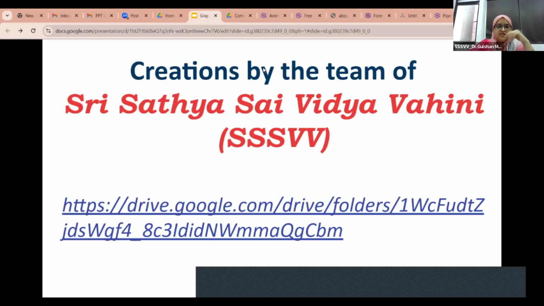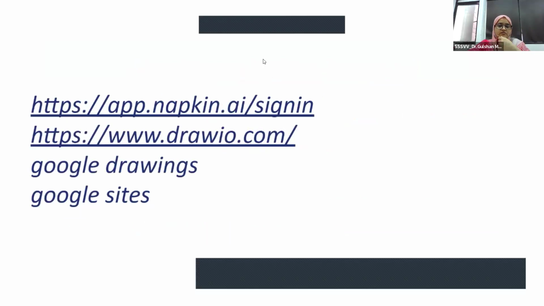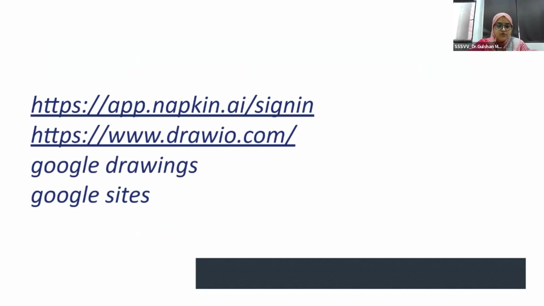Here are some other tools with the help of which you can create infographics, or you can create the diagrams, you can create the flow charts, because a flow chart is also an example of graphics, and when you add information to that flow chart, it becomes an infographic. So there is one free tool. It is totally free. You can just download it. It is available as an application, also as a mobile application. You can use this Draw.io tool.